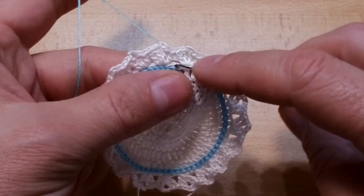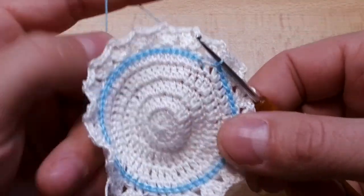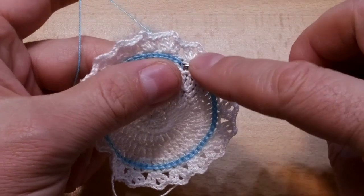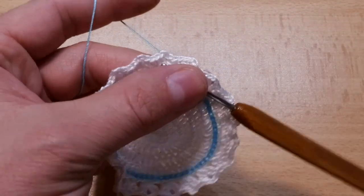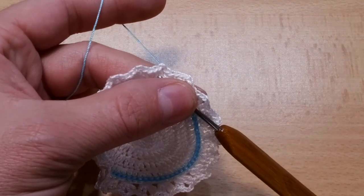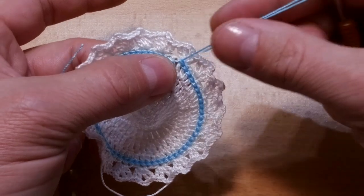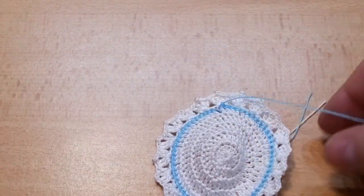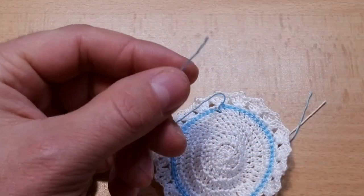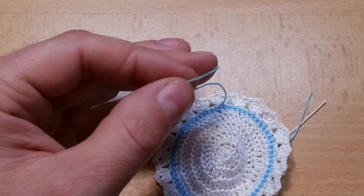We have 2 more double crochets to go around, so it's 1 and around our last double crochet. Now we can cut our thread, pull the yarn through, and what we'll do, we'll take our needle,